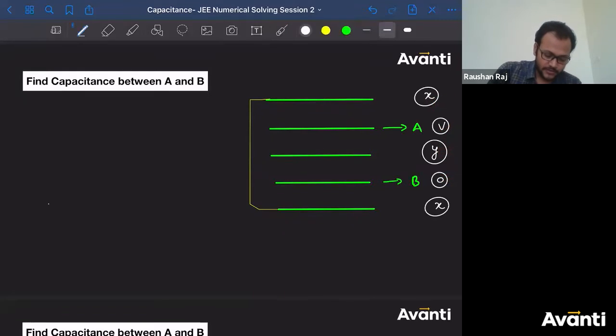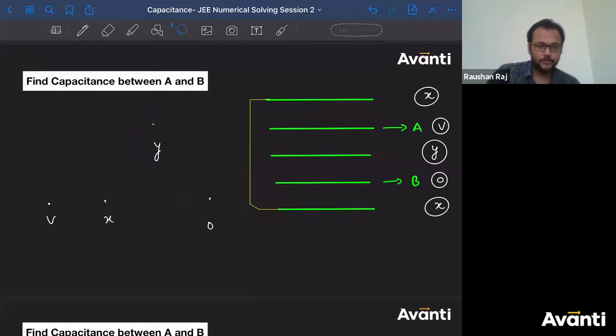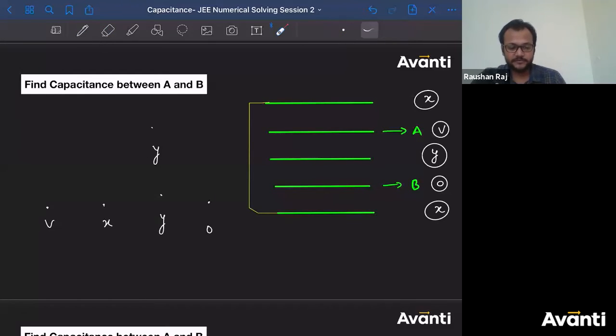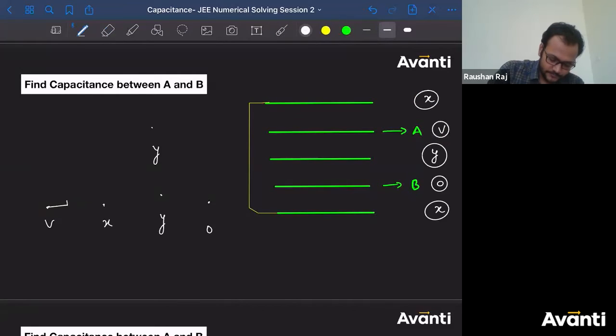फिर से वही काम करता हूं। You can also consider like this: V, 0, X and Y, or you can move it ऊपर, कोई प्रॉब्लम नहीं, जैसे आसान मिले। You have to go through just hit and try. Whichever gives you the answer in a simpler way, you can use that. क्या हो गया, ये आंसर क्यों नहीं दे रहा है? It's not getting erased. Okay, no problem. So first capacitor is in between X and V. इसके बीच में एक लगाएंगे। Alright, draw it.